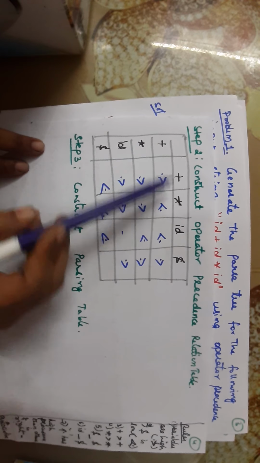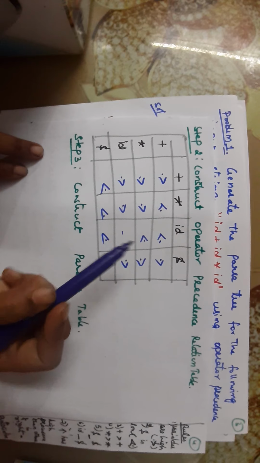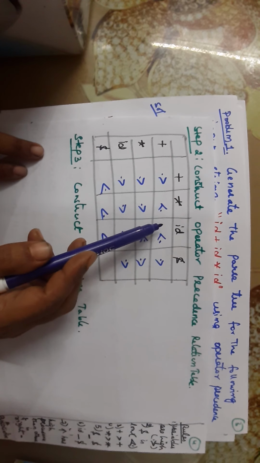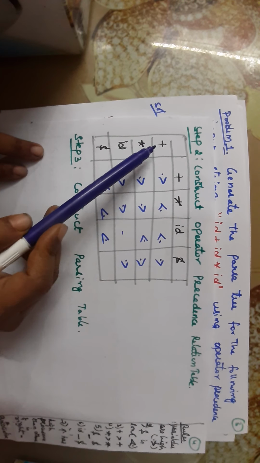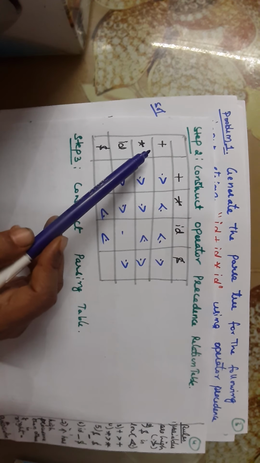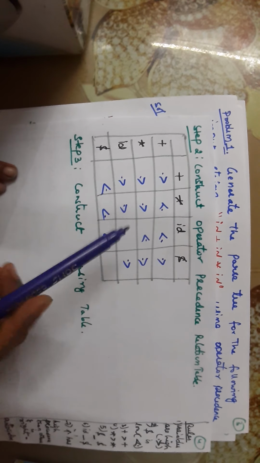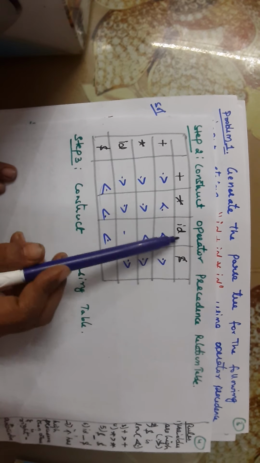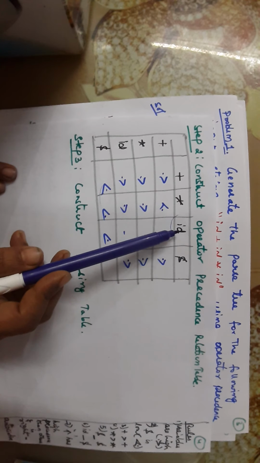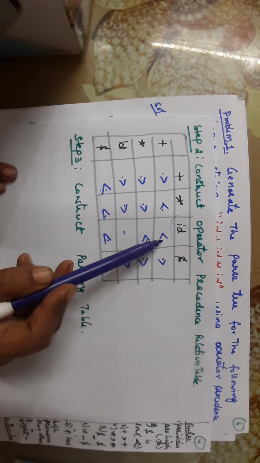Whenever different operators are there, like plus and star, we check the precedence relation, that is, which one has higher precedence. Whenever we have the same type of symbols, we go for checking the left or right associativity instead of precedence. That is the procedure for how we fill up this table. Then plus and ID: here both are different symbols, so we have to check the precedence among plus and ID. ID has the topmost preference when compared to the remaining symbols. So plus is less than ID, so it is less than with a dot.